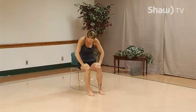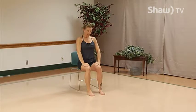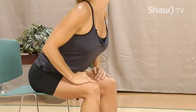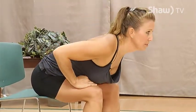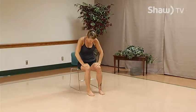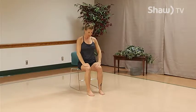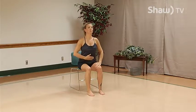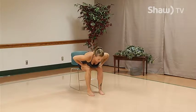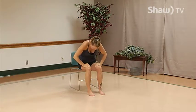Coming into our cat, we roll up, relax the shoulders. We come into the cow with the belly leading, the chest open. Most of our movements we do every single day is a cat and cow motion. But we're not breathing, we're holding our breath. And we're loading different areas of the shoulders and back. One more time. Perfect. And as we roll all the way up,